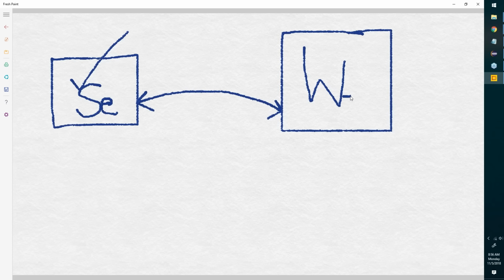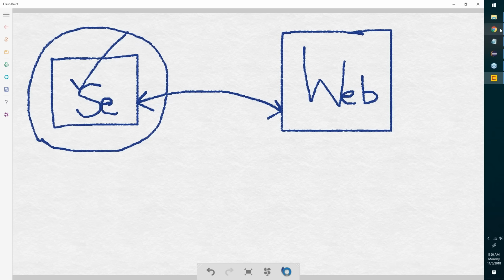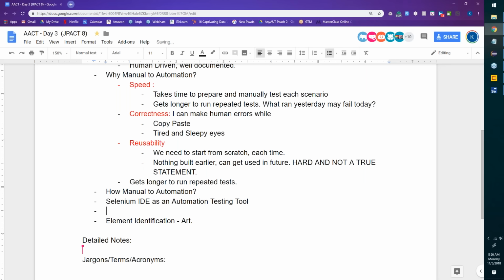The first thing, team, I'm assuming that you've all downloaded Selenium onto your machine. So I would want you to ensure that, let's go to opening up the IDE. What Selenium does is a multitude of things, team. Let's take a look at how manual to automation, how do we move? I'll talk about it. What are the three things we use Selenium IDE for?